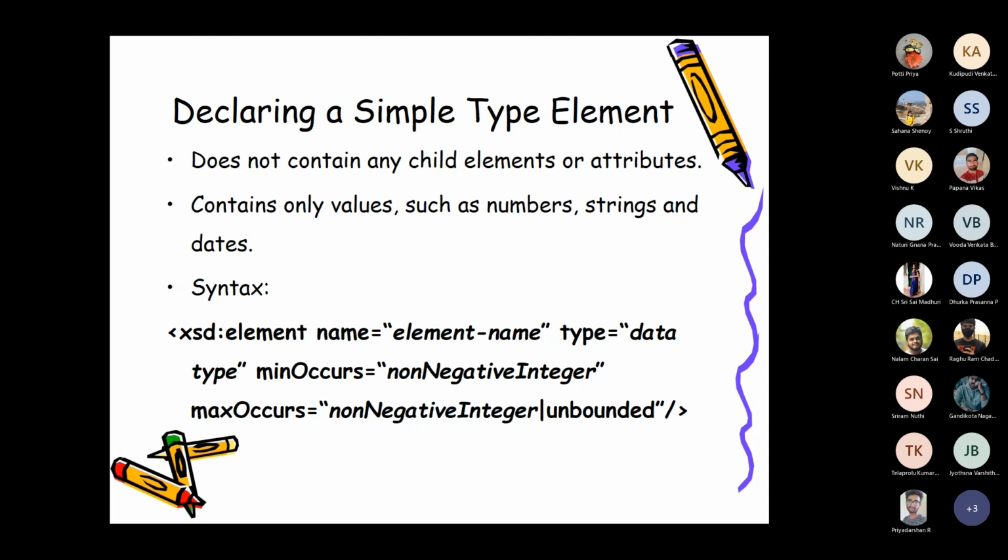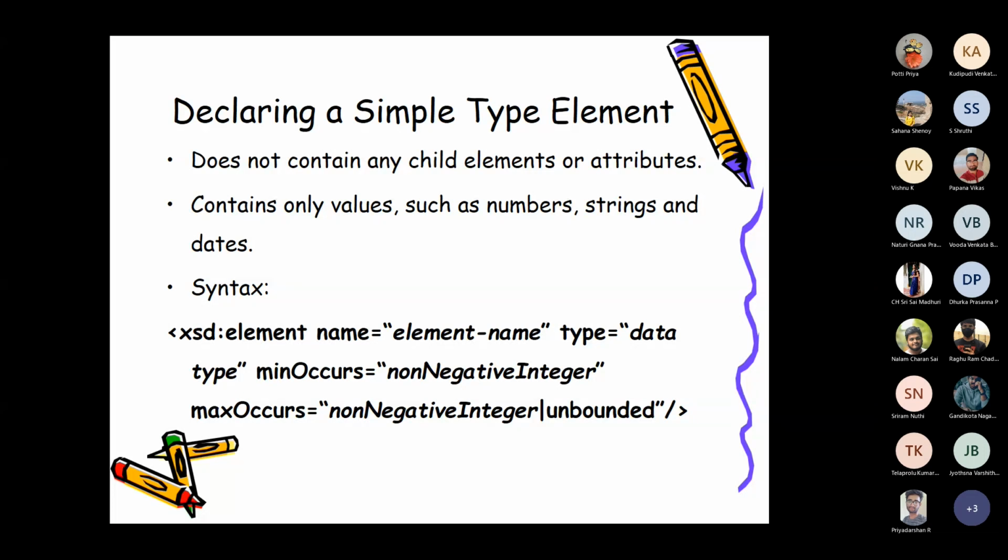So we said simple type element. The thumb rule for a simple type element is that it can contain only values. It cannot have child elements, and it cannot have attributes. To define such an element, we will use the following syntax. Every element declaration has to start with xsd colon, and I said it is going to be an element I am going to declare. So xsd colon element, then the name of the element.